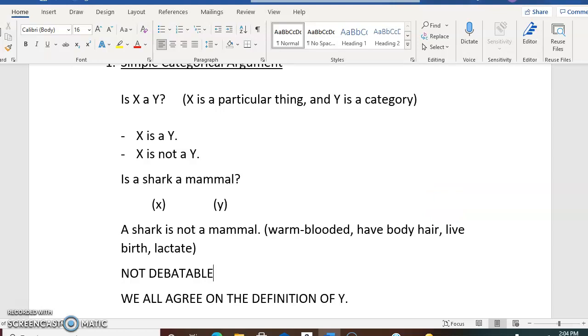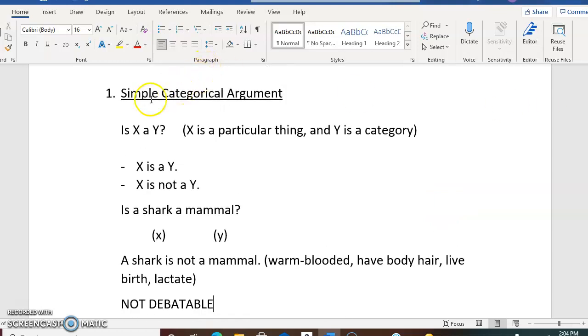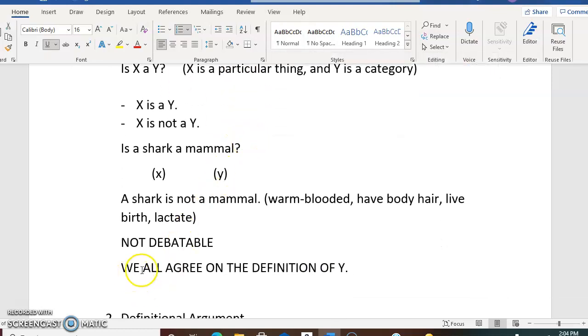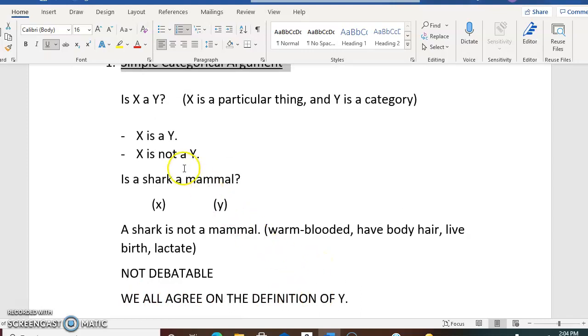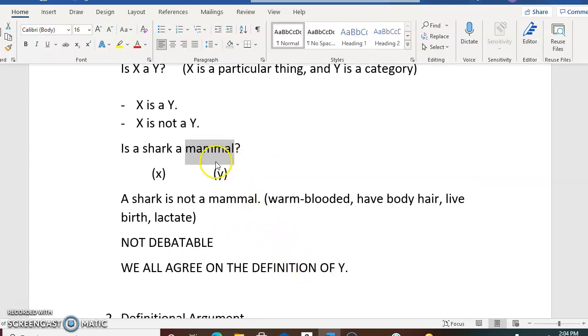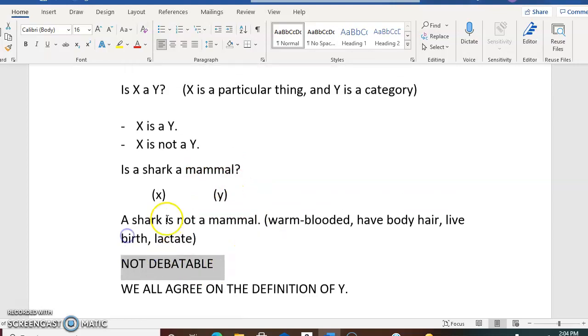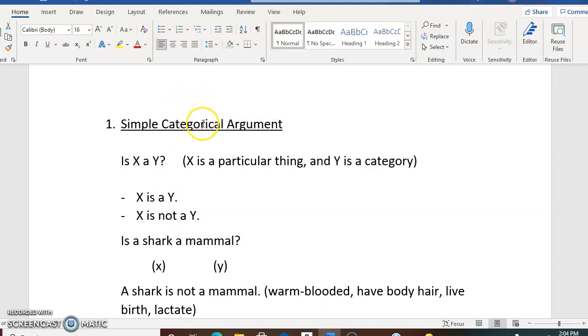And before we move on to our second type of argument, I do want to emphasize again that in the simple categorical argument, we all agree on the definition of Y, whatever the category is, whether it's mammal or something else. We all agree on how the Y category is defined,